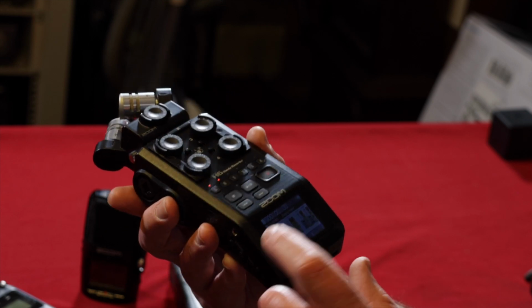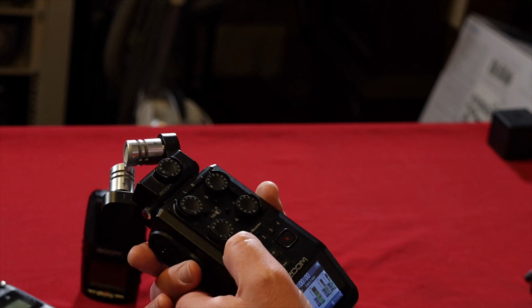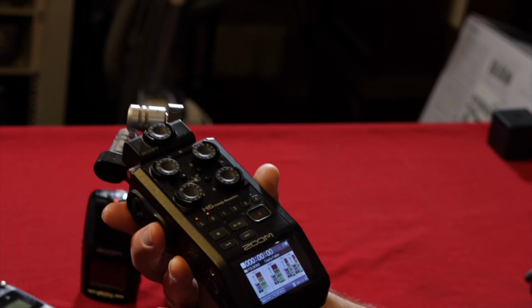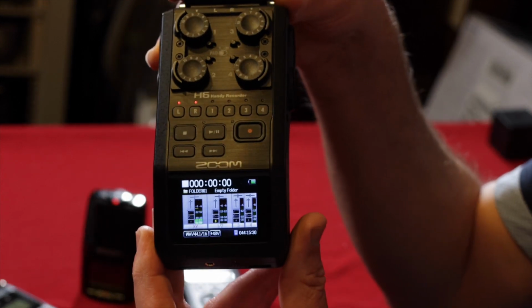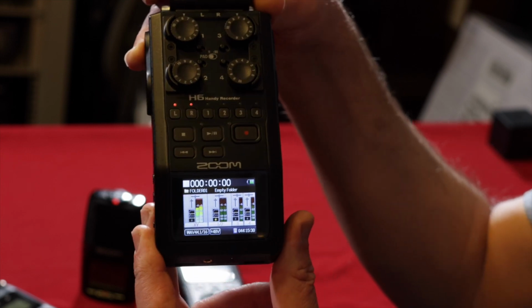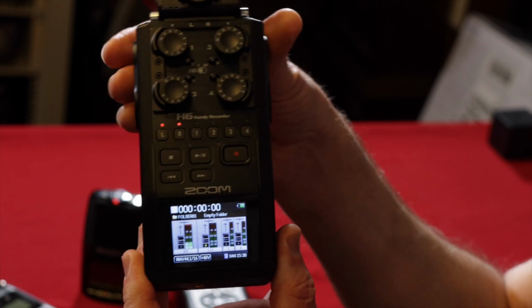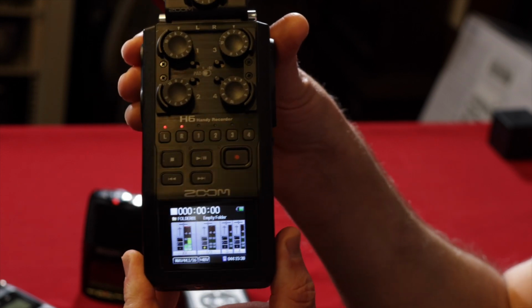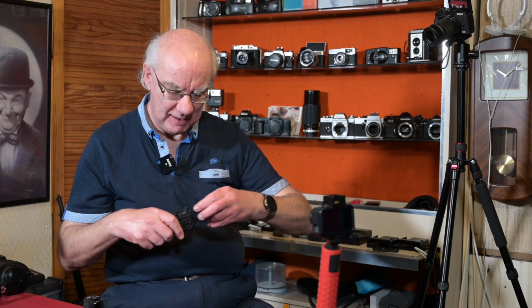And you've got a beautiful LCD color display of your audio levels, and you can see, maybe you can, maybe you can't. So you can see the audio levels going up and going down as I adjust the levels of these microphones that are attached to the H6, because it's got this modular system as well,